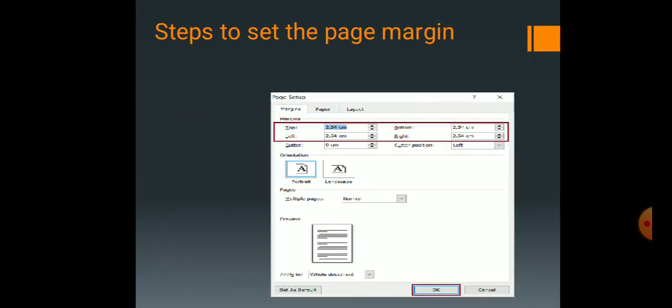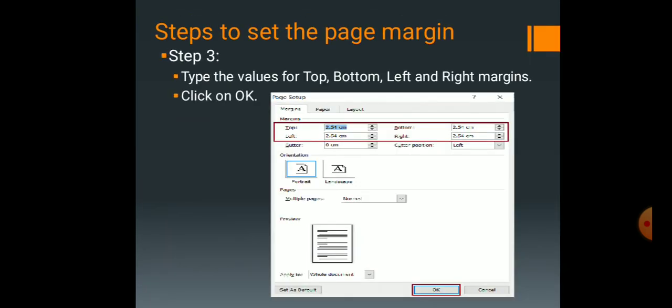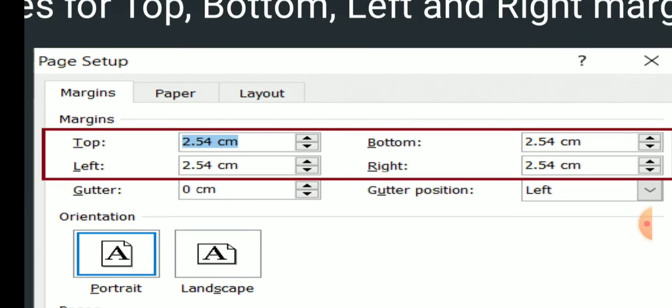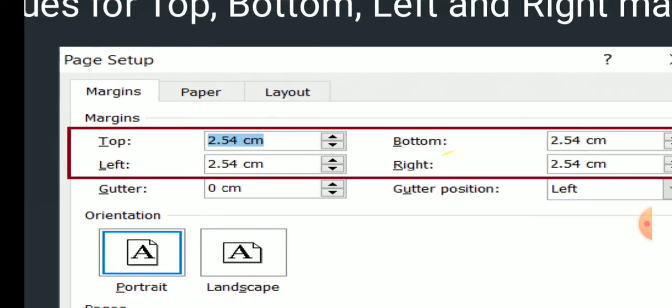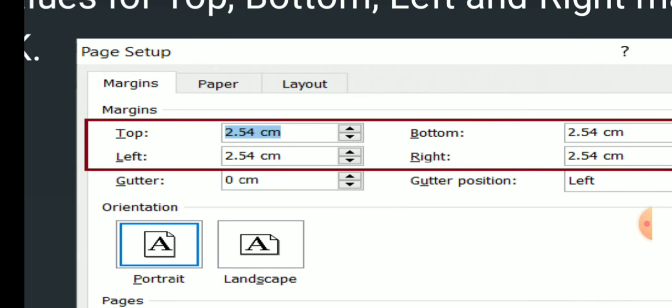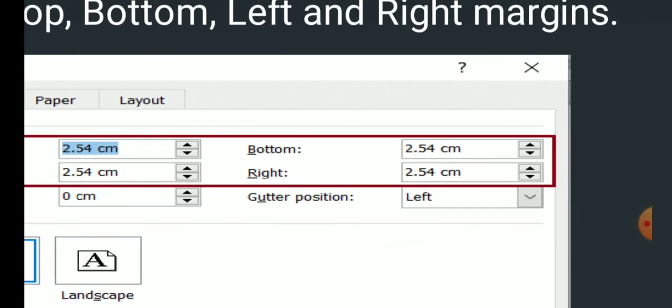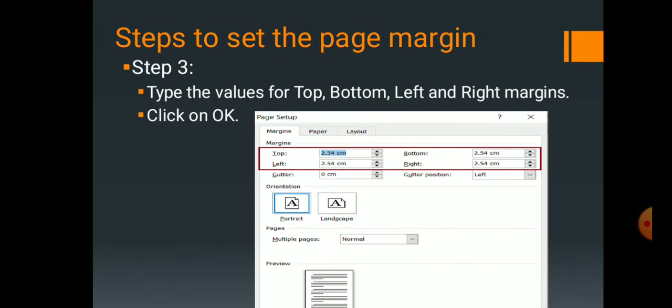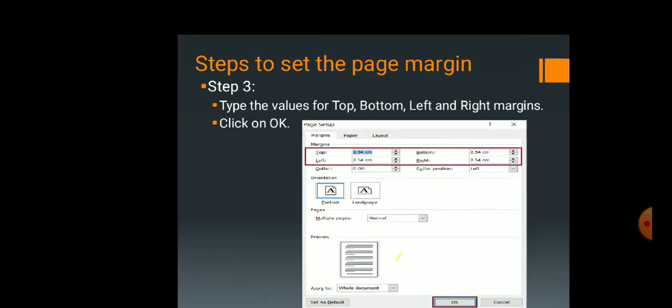In this dialog box, we are going to define the value for the top margin, left margin, bottom margin, and right margin. We can give our own gap for the document. This is custom margin, which is at the last position. So we can use either the predefined options or we can give custom margin by our own.